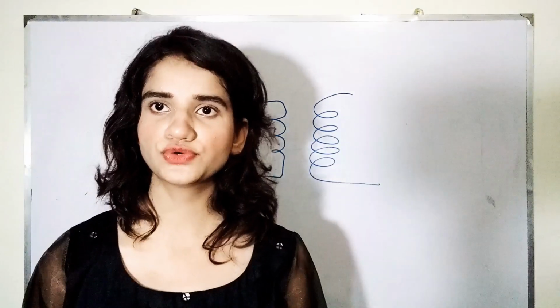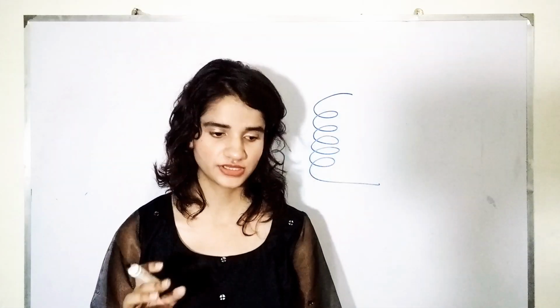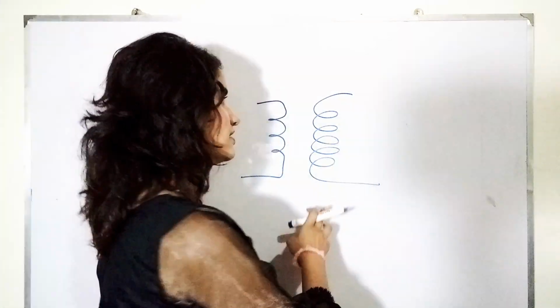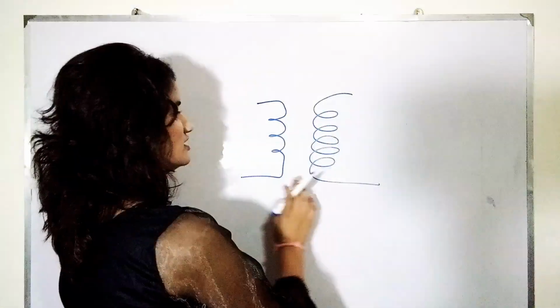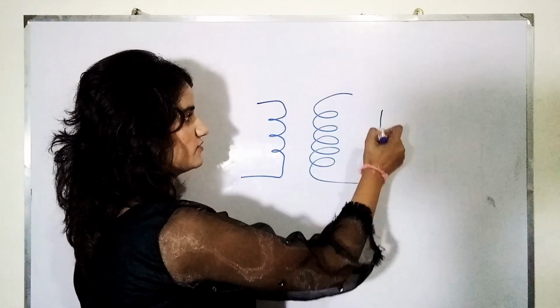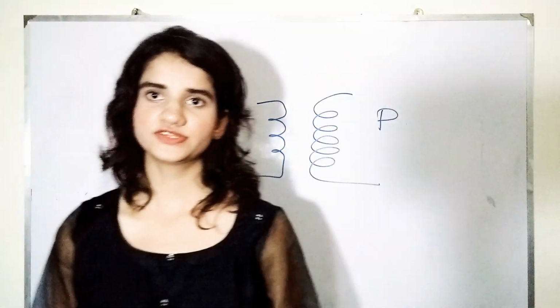And if we want to use a step down transformer, we will use the other transformer, which has fewer turns in the secondary coil. So we can alter it. For having the step down transformer, we can make it primary and we can make it secondary coil. So this is how it works.